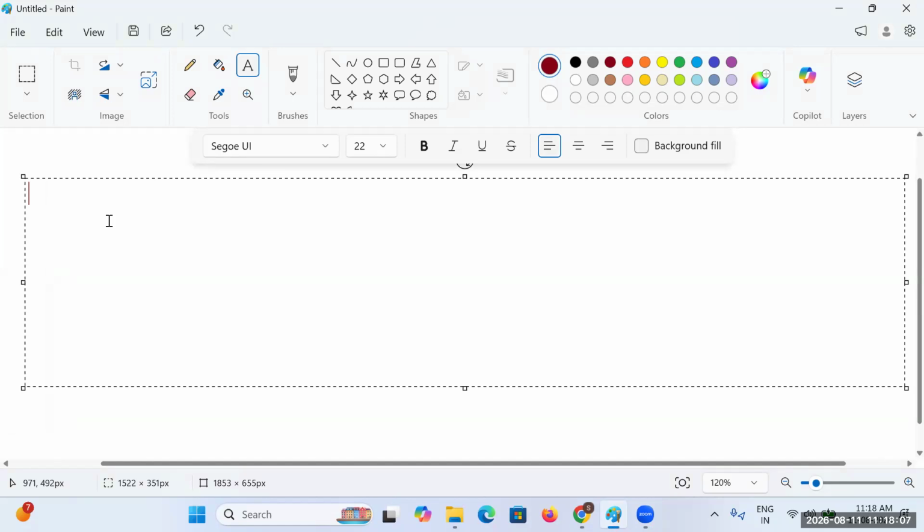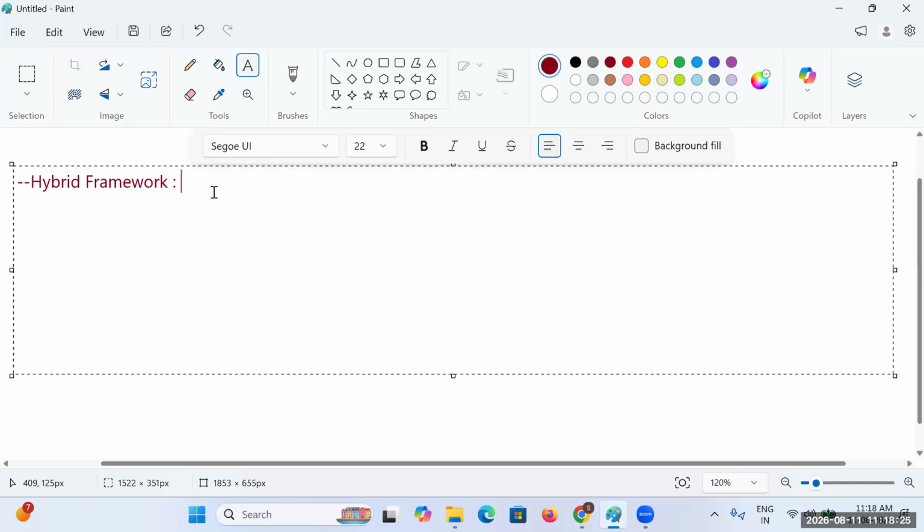As part of this hybrid framework, first we'll be getting started with working with Playwright.